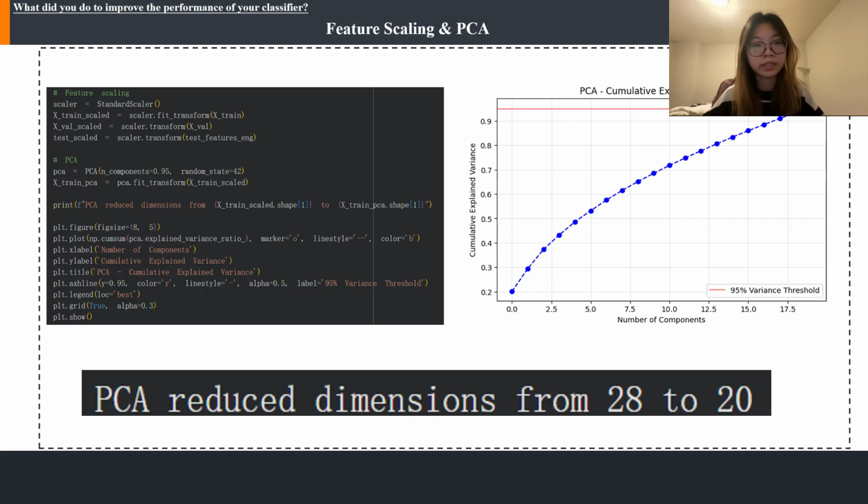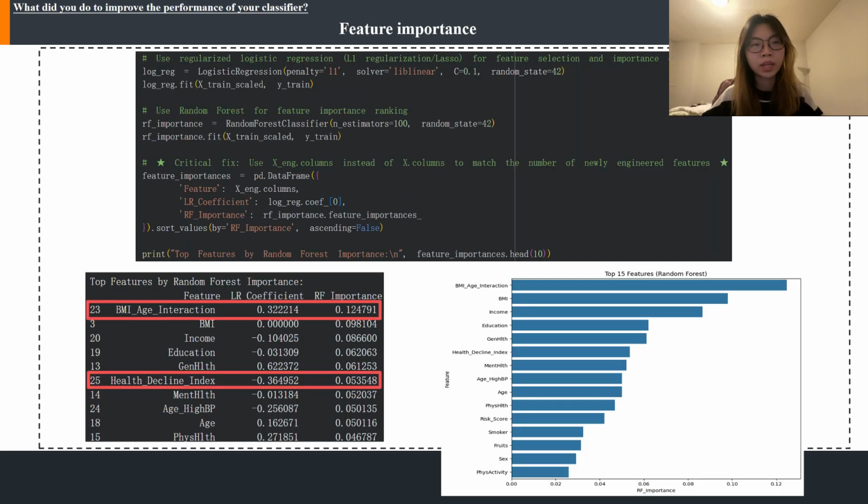Next, I performed data standardization and used PCA for dimensionality reduction. I reduced the feature space from 28 to 20 dimensions while retaining over 95% of the variance. These steps effectively reduce the feature redundancy and mitigated overfitting risks. To validate the effectiveness of our engineered features, I compared the feature importance from logistic regression and